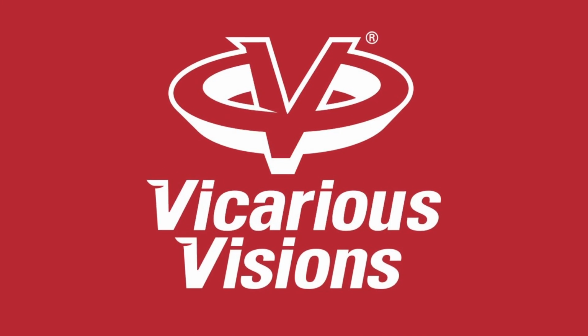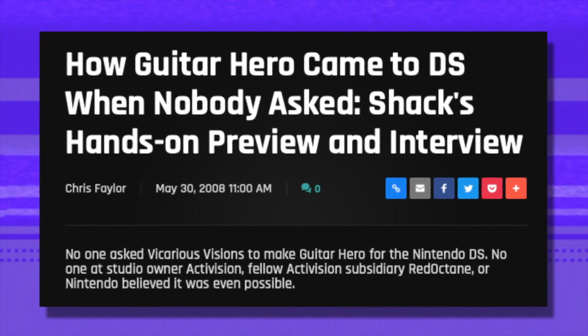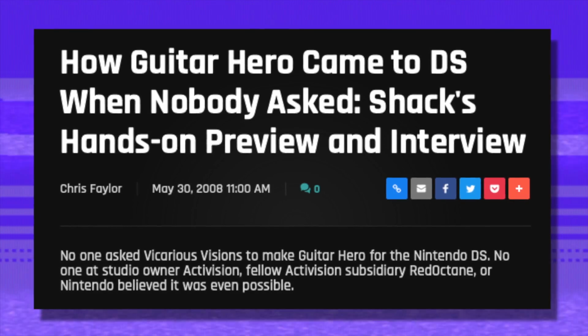So this was a collaboration between Nintendo, RedOctane and Vicarious Visions. They came to Nintendo to make this game. Vicarious Visions is just a legit company. They also made Doom 3 for the Xbox. They've been doing insane stuff for a while. I guess when they knock on your door with a great idea, you answer the door. No one wanted to do this. Everyone thought it was crazy. No one asked for this, but then apparently Vicarious Visions walked into Nintendo and said, check it out. And they went,